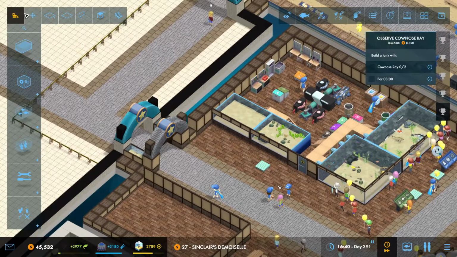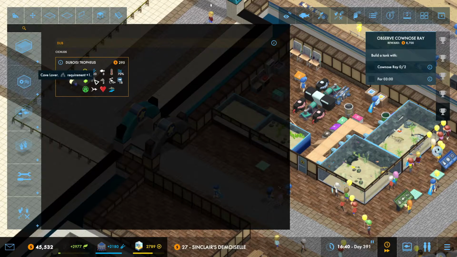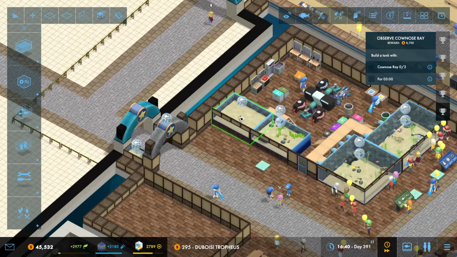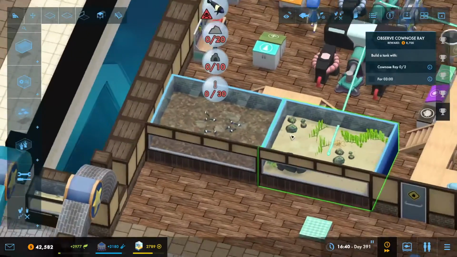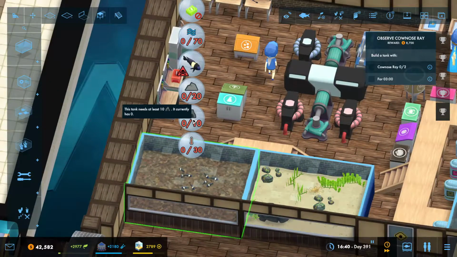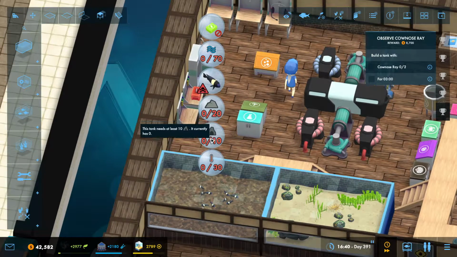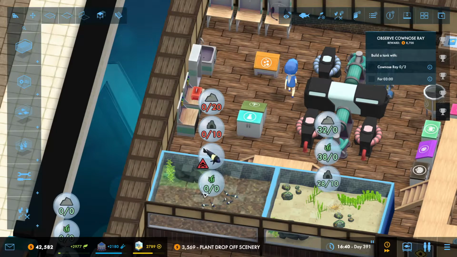So we'll open it up to the public. We will get the Duboisi tropheus. We will place 10 of these in here. Well, I can just actually fill it up all the way to the top. Now this is going to need 20 rock, 10 cave, so that's actually too much for this tank if we didn't have the drop-off ones. So we're actually going to need to have one of these in there